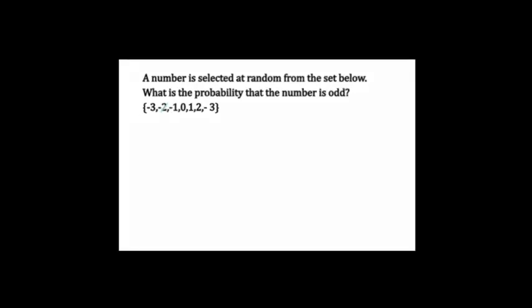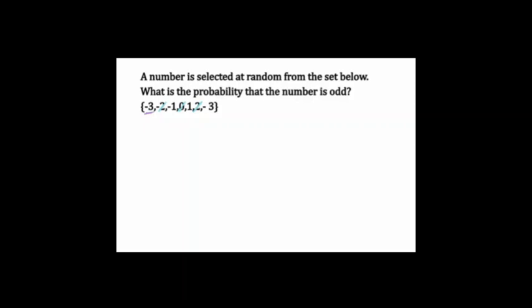In our case, the even numbers are -2, 0, and 2. We are now left with -3, -1, 1, and 3, which are all odd numbers. So in total, we have 3 even numbers and 4 odd numbers, which equals 7 numbers in total. And since we have 4 odd numbers, the probability of us choosing a random number and it being odd is